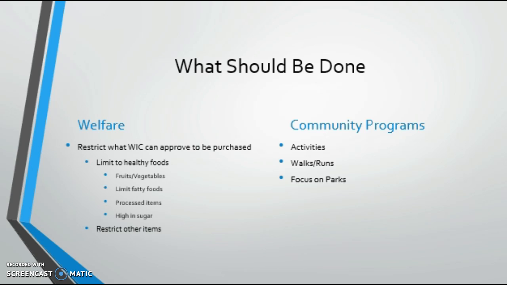And along with welfare restrictions, there should be an increase in community programs that will help to promote healthy, active programs for children. There should be a committee in place that is responsible for coordinating such events. Volunteers can come together to create programs such as jump roping competitions, obstacle courses, or walks and runs for the whole family, for example. There should also be a greater support for local parks where kids are able to go and run around and be physical. This can help encourage them to get off the couch and be healthy.